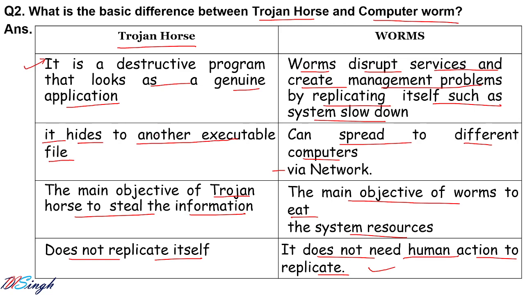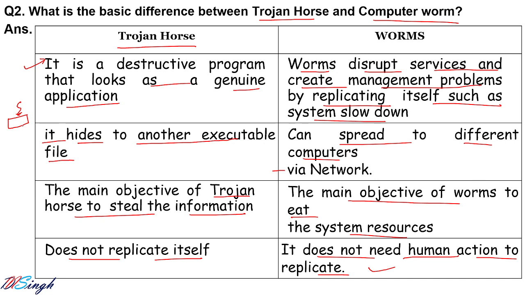Trojan horses just hide themselves inside other executable files. Whenever you download a utility program like a PDF editor or photo editor, you might have a Trojan horse inside if you are not downloading from an authentic website. To avoid that problem, Mac or Apple devices use the sandbox. They check the total length of the application. If the total length of the application is less or more, they might not allow it. So this is the process by which the sandbox, as it is called on Apple devices, is used